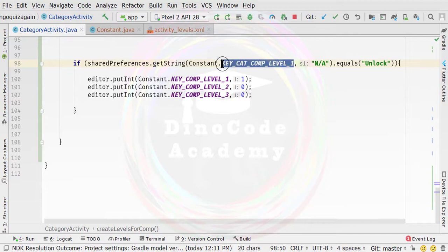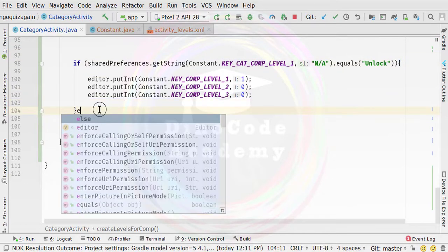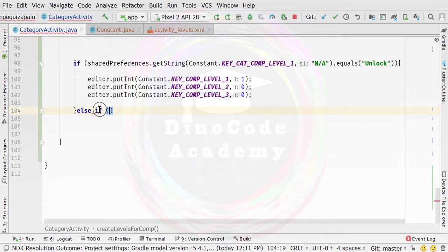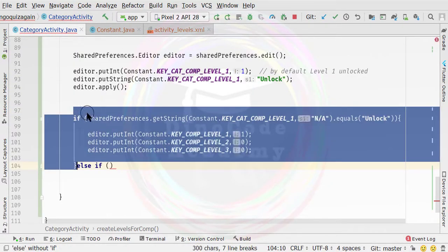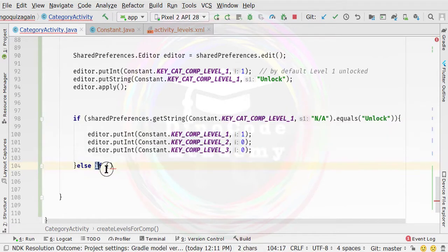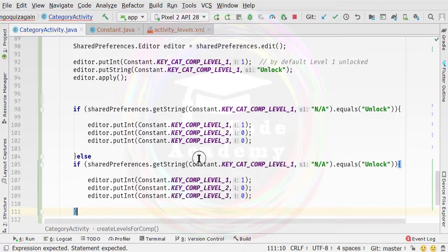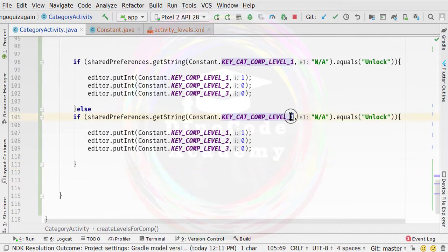If the category of the computer is level 1, okay, this is the category, this is the actual level, that's why I specify here a cat. Then we need to make the comparison for the second time, whether this category activity is created for the second time. So again I am going to specify the code. This will be the same code. Just copy this from here, not cut it. Actually I cut the code. Copy that and replace it with this if statement.